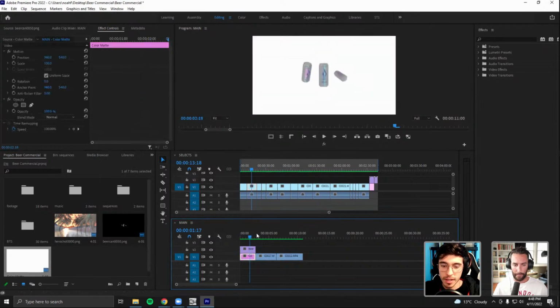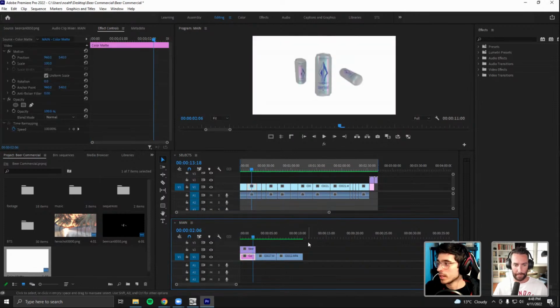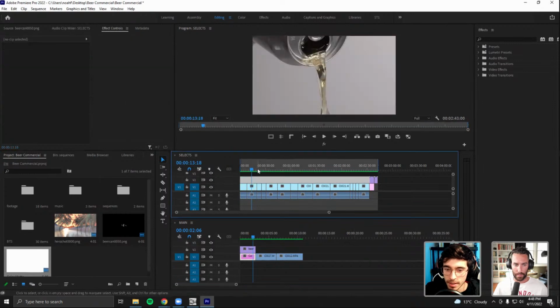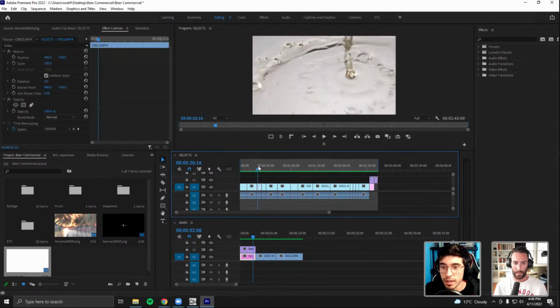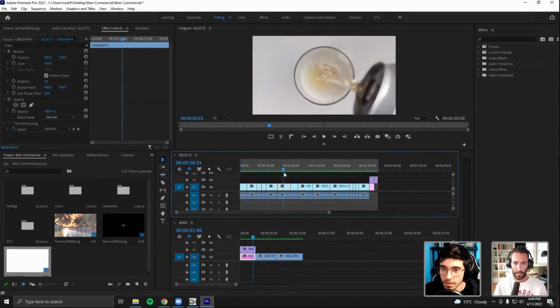Going back to the painter's analogy, the main timeline is like the canvas, the final place where everything happens, and the selects is like your palette. Imagine the painter holding a little palette with all the different colors, picking which color he wants and putting it onto the canvas. It's the same concept, but with clips of videos.